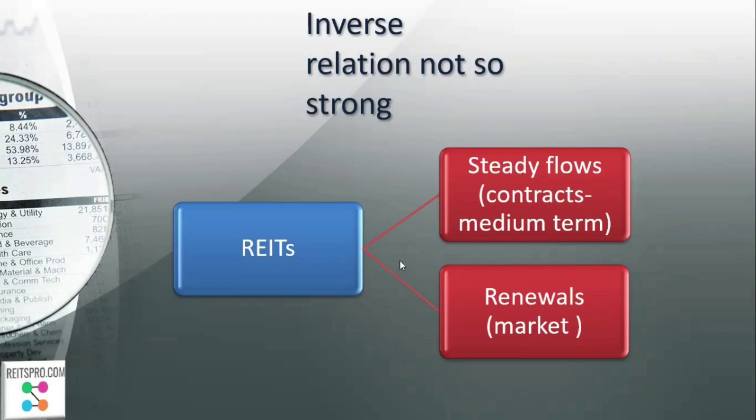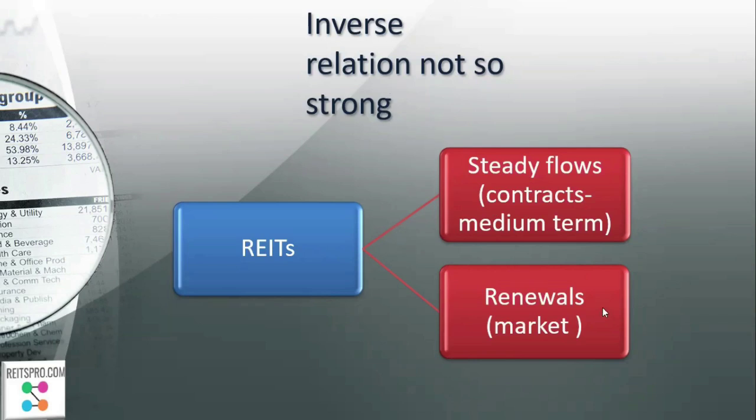So typically a REIT with commercial office space would have a 3+3+3 lease, where after 3 years the rental would increase as per the norms, 12-15% or whatever, and there would be a clause of expiry of lease. So for the time that the lease is fixed, they would have medium-term contracts which are constant, increasing as per the contract. And as the lease comes up for renewal, then the market rents would be charged. So the inverse relationship does not become that strong.